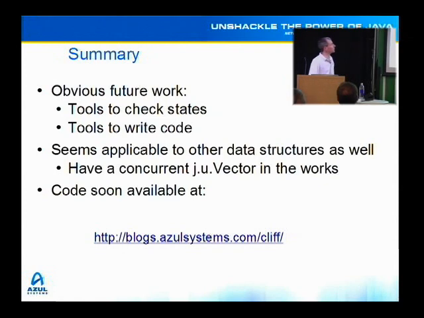So, obvious future work: tools to check the states. Did I get them all? Did I have all sane transitions? Given that I have a state machine and I'm coding an algorithm exactly from it, why can't I just automatically generate the code? The whole notion of using a state machine to think about things seems like it ought to have broader applicability. I haven't got another smoking gun, an obvious thing to do with it,